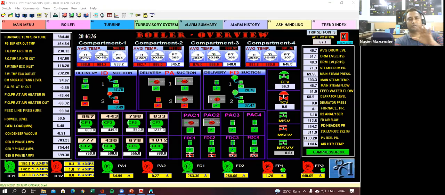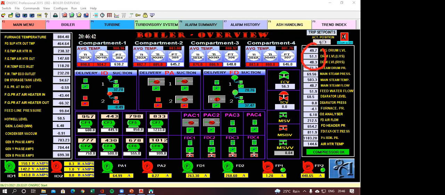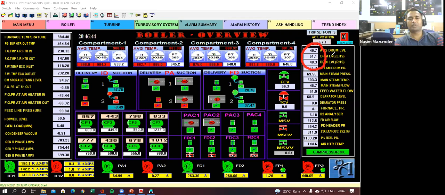No, wait. This is the SCADA page. This is the drum level. This drum level is not maintaining. I want to check the logic from where all the calculations, the PID calculations and all, are done.